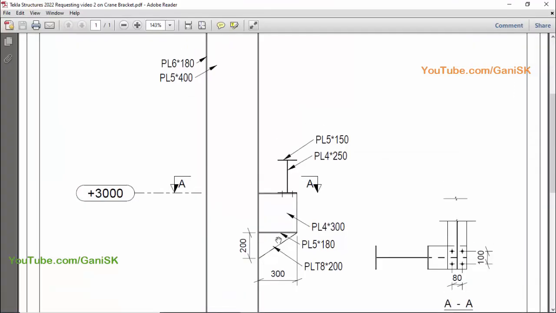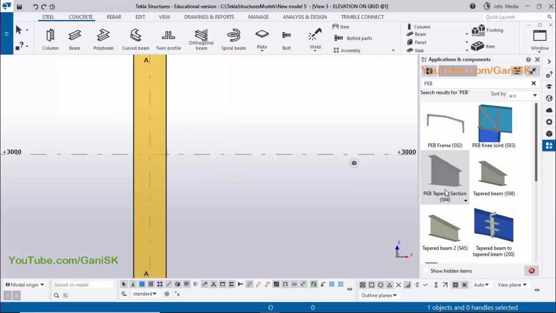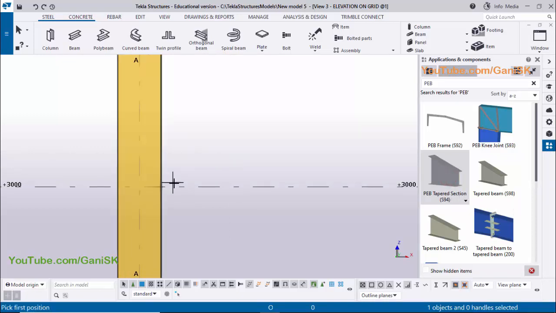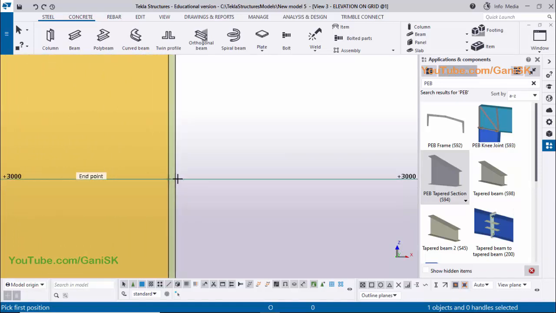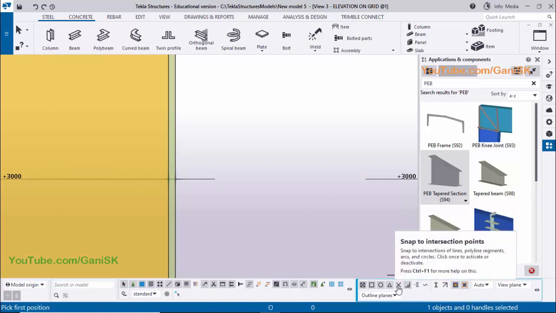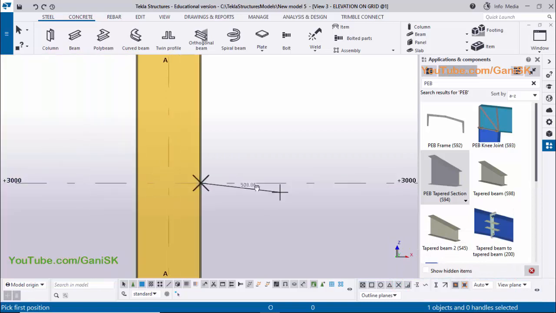Okay, you can see now we have crane bracket projection 300 millimeter. So click on window and select this PEB tapered section S94 component and pick the first point at grid intersection point here, 3000 level. If you're not getting the snap symbol, you need to activate here. You can see snap to intersection point, click on this to activate and then pick the first point